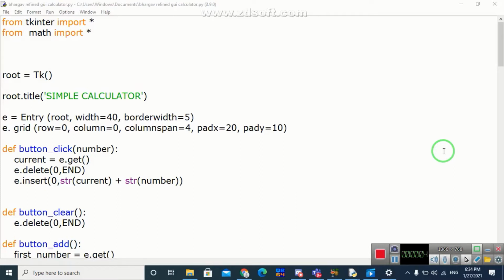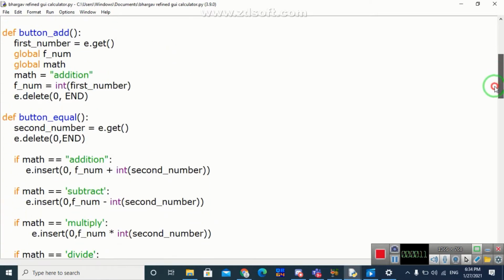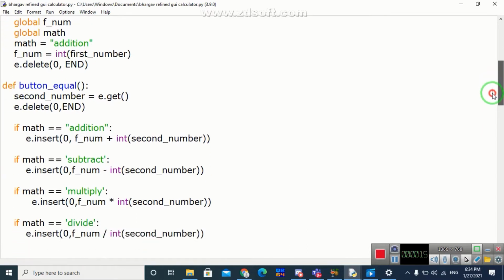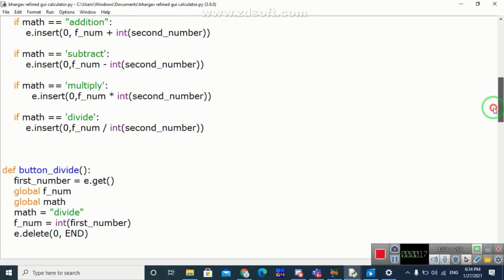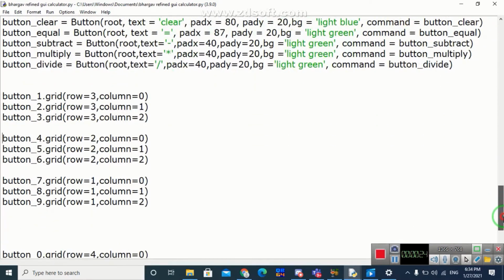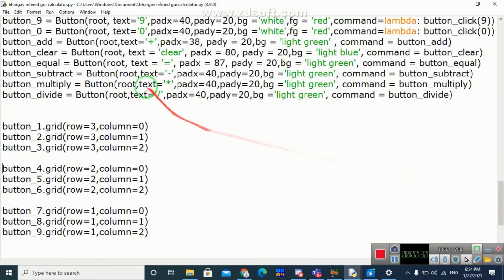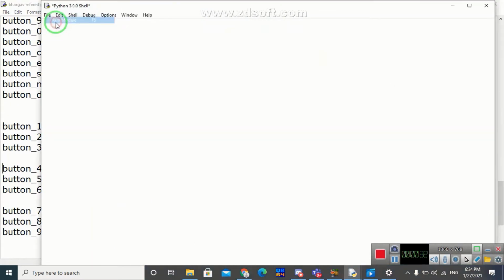I made this video to share the graphical user interface, or better known as GUI calculator, that I made. The code is pretty straightforward and can be easily written by a person who has just started learning Python. I've used Tkinter module to write the code. So you can see the code, and now I'll run it and show it to you. After run module, then